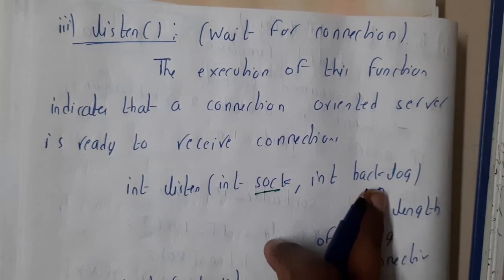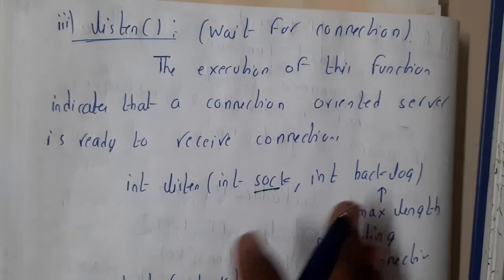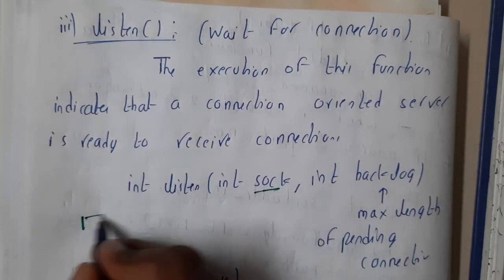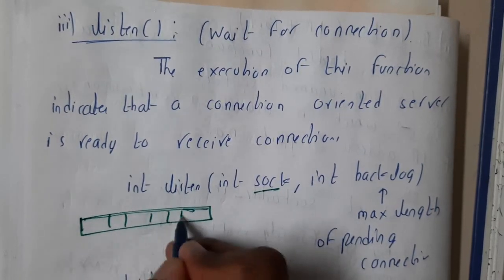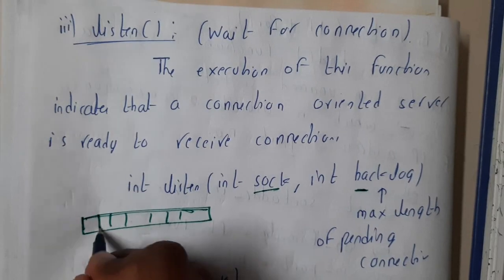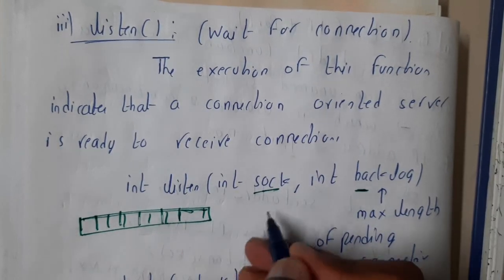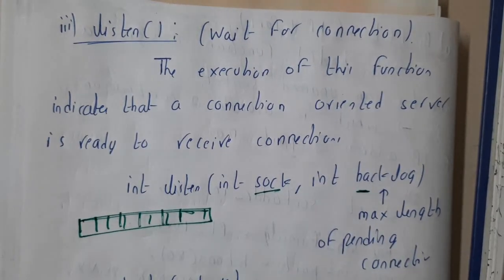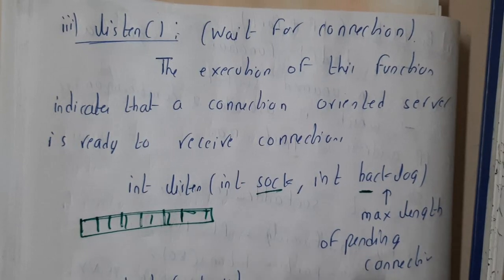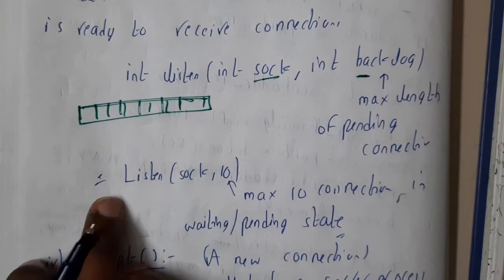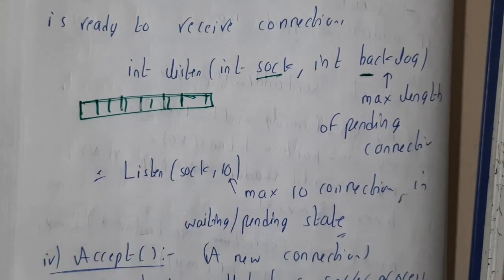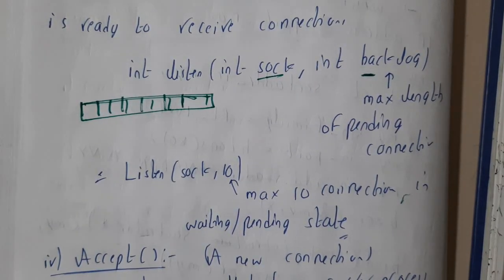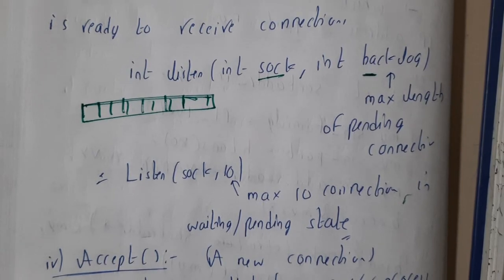You might have a doubt about what this backlog is. Backlog is a buffer, you can assume: the maximum number of things which can wait inside the buffer. If the value is 100 here, then 100 processes can wait in the buffer, one after the other, and after 100 more processes cannot be accommodated. In the example we took 10 here: listen(sock, 10). So 10 processes can wait and the 11th process will automatically be discarded. Waiting means they are waiting for connection.